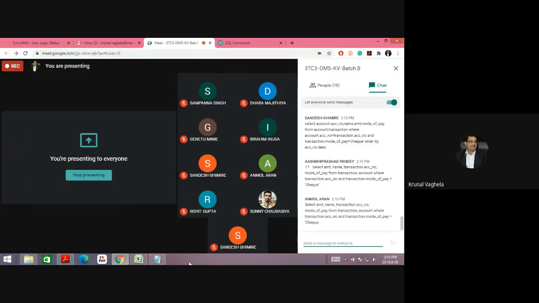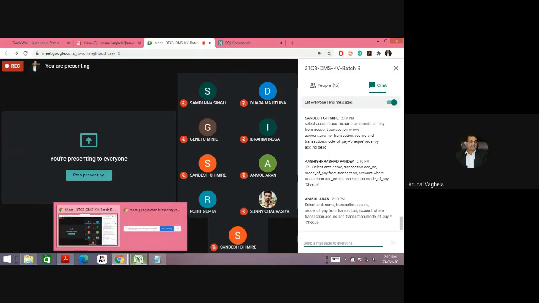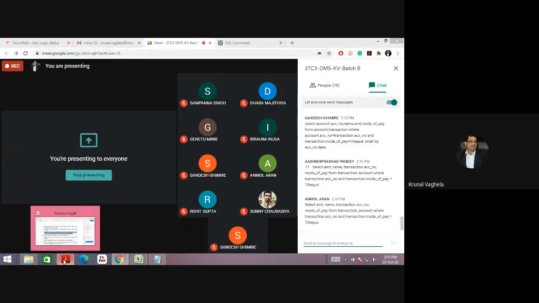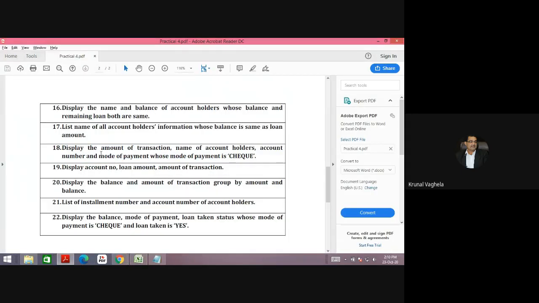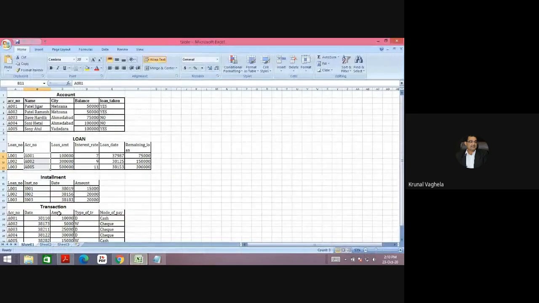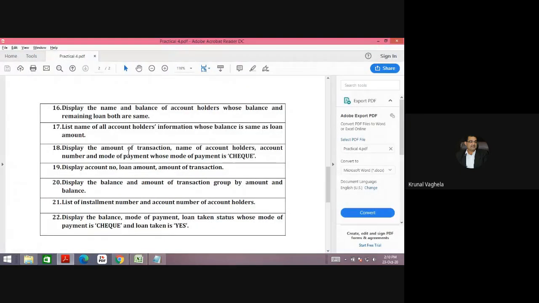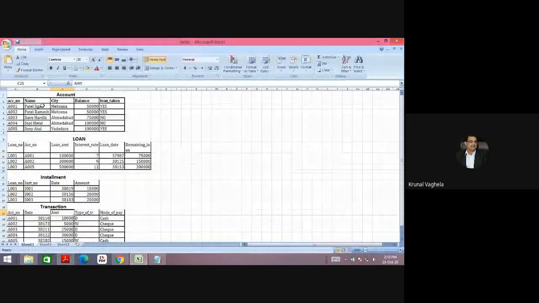Okay, good. So students who are not able to do this, again you see what is our display: amount of transaction. So amount of transaction is AMT. Name of account holder.